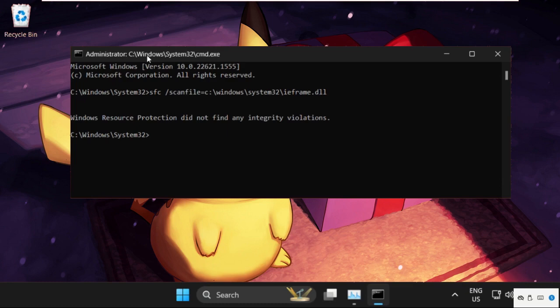Then execute the command sfc space /verifyfile=c:/windows/system32/iframe.dll. Then hit enter to execute this command,